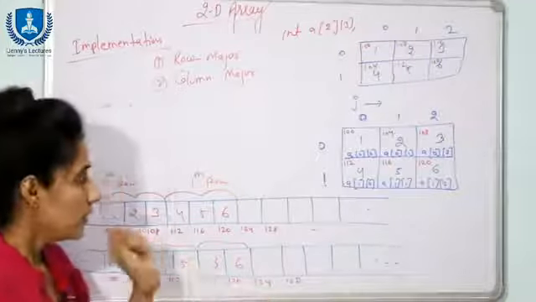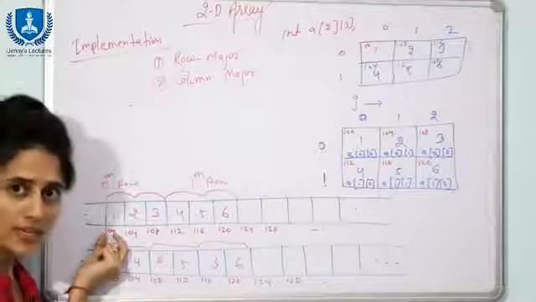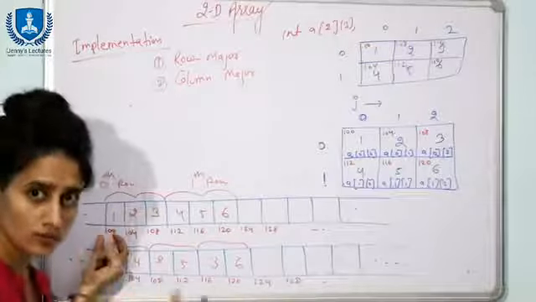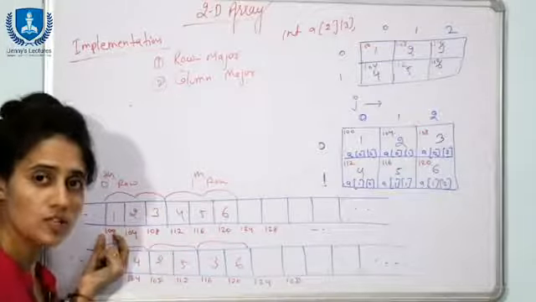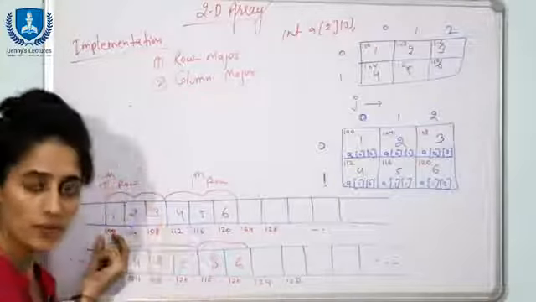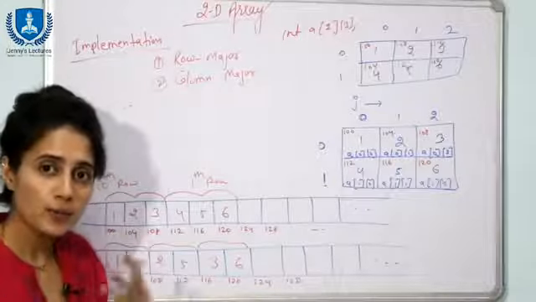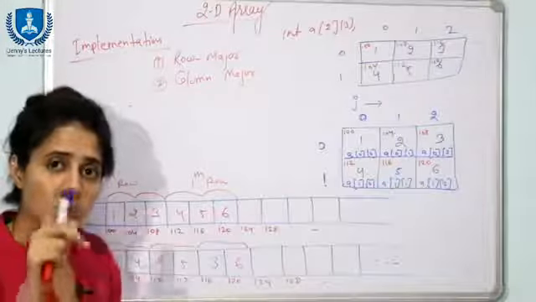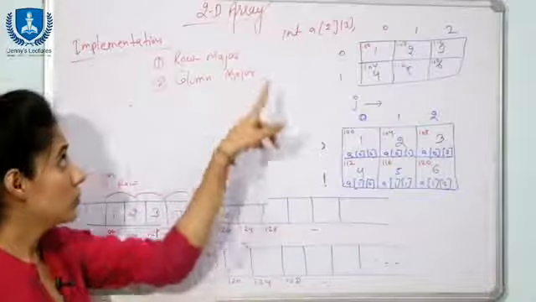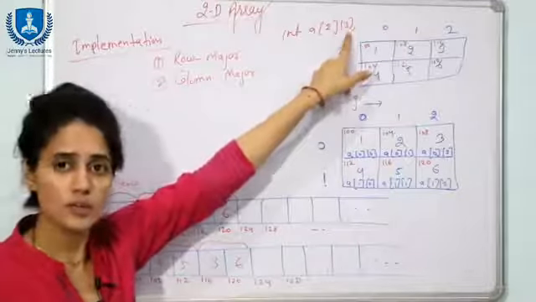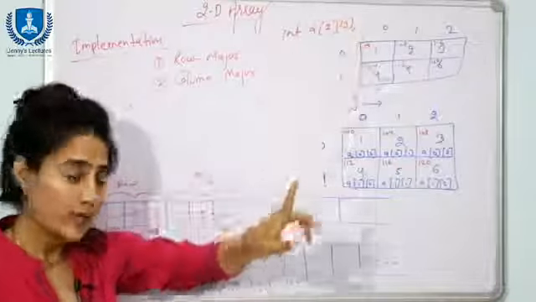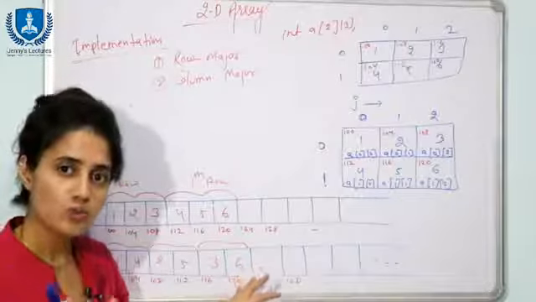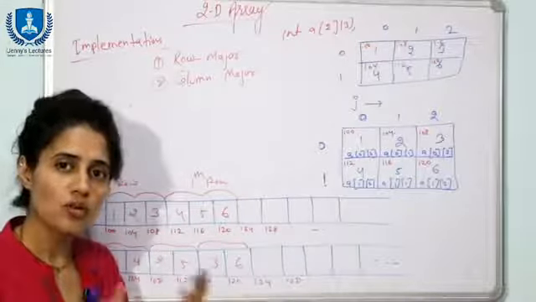Now see, the address of the first byte that is allocated to the array is known as the base address for the entire 2D array. And the compiler can compute the address of any element of this 2D array, but the condition is that the column size should be given. The column number should be given; you cannot leave it blank. Here also random access is possible in an array, that we have discussed in 1D array already. So the time taken is constant time, that is order of 1.